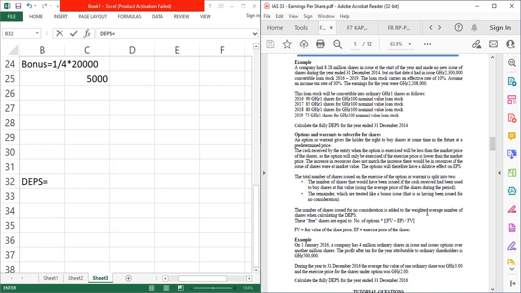The company had 8.28 million shares in issue at the start of the year and made no new issue of shares during the year ended 31st December 2014. But on that date, it had in issue 2,300,000 convertible loan stock 2016 to 2019. The loan stock carries an effective rate of 10%. Assume an income tax rate of 30%. The earnings for the year were